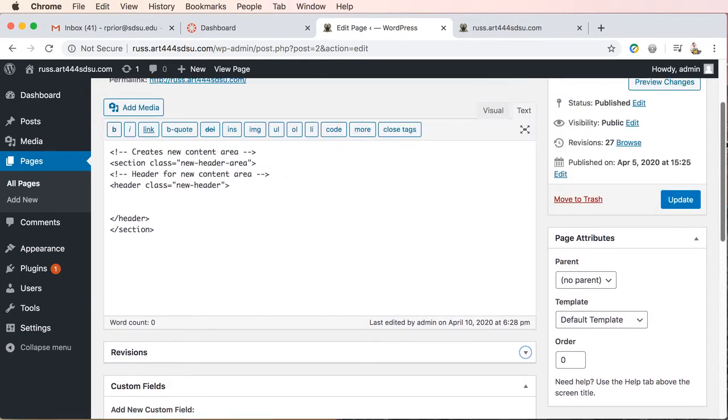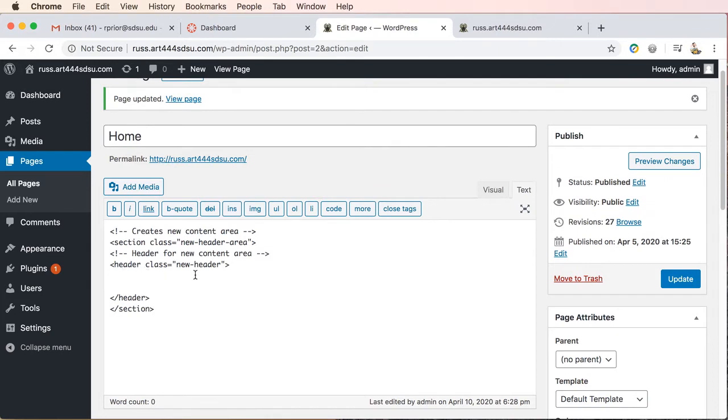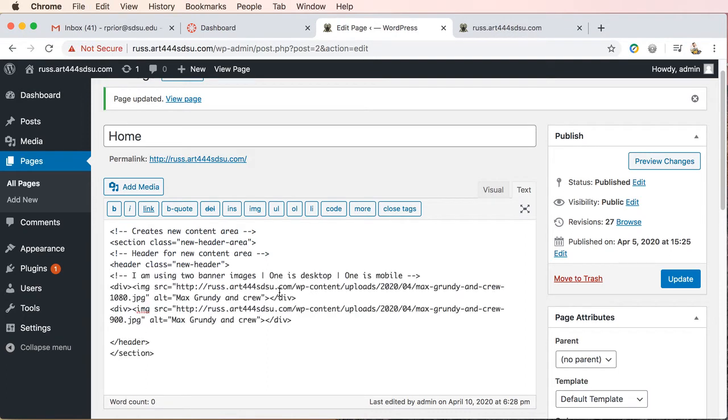Okay, so we're going to get started. I have removed the H1. And I'm going to start off by placing two images, which I'm going to use for the header. The strategy here is that one of my images, just because of how it was cropped and the composition of the image,